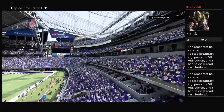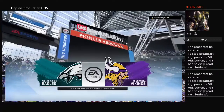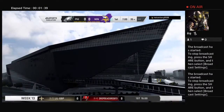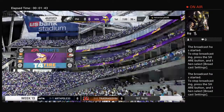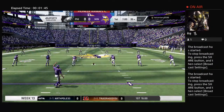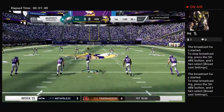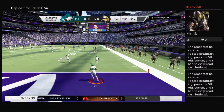Coach, a very warm day outside by Minnesota standards, but then again, it is still summer. Either way, the AC is working just fine at U.S. Bank Stadium in the Twin Cities. The scene a few moments ago, here it is. It's unlike any other in sport as both teams made their way out of the tunnel. These folks are fired up as their guys are ready to do battle between the Philadelphia Eagles and the Minnesota